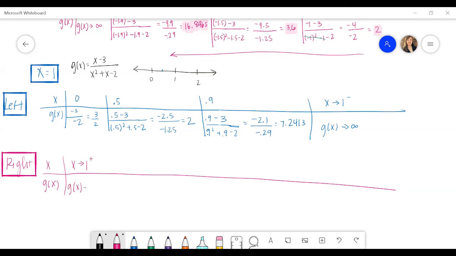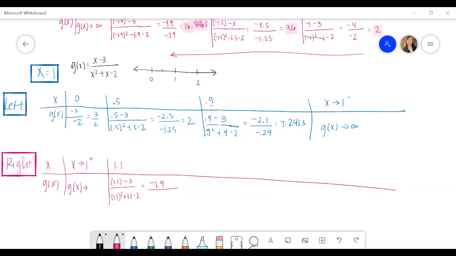So what happens to g of x? To the right side of that, let's use 1.1. That would be comparable to this number up here, distance-wise. So 1.1 minus 3, over 1.1 squared plus 1.1 minus 2, we get